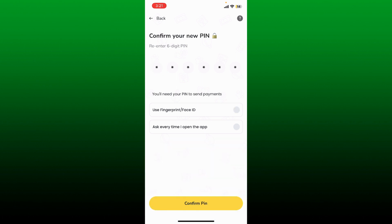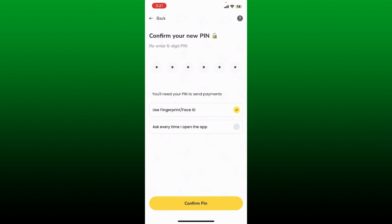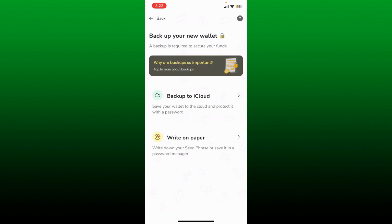Now, right underneath, you'll be able to see this Use Fingerprint/Face ID option. Make sure you check that little box and enable Face ID or biometric. You can also choose to ask for your Face ID or your fingerprint every time you open up this app. In order to enable that settings for your security, check this little circle on the next field as well. After you make your selection, tap on the Confirm PIN button at the bottom,